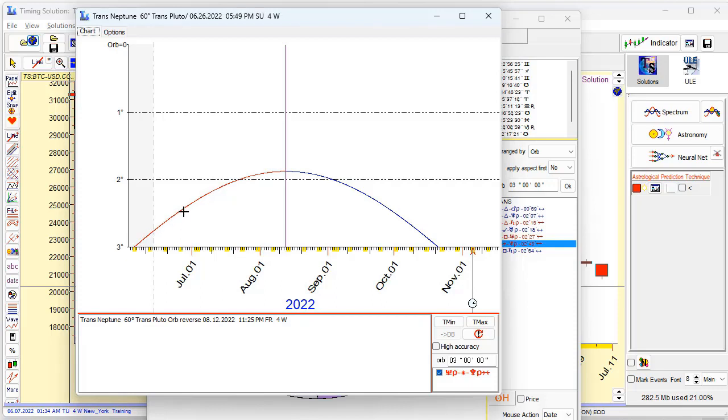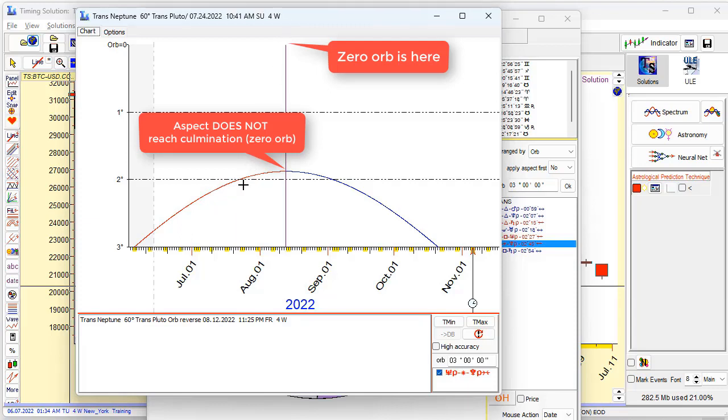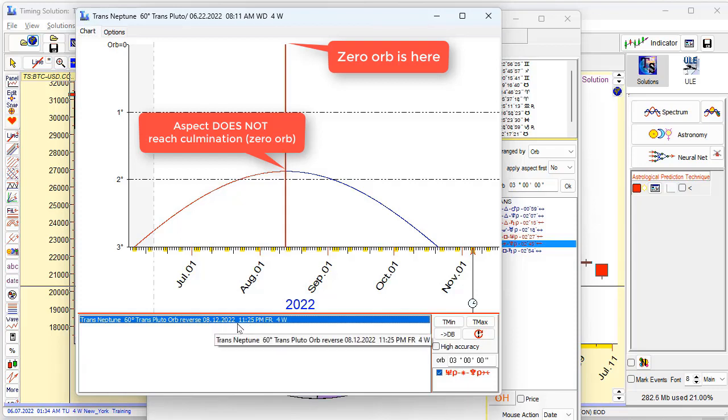This is applying. It means that the orb for this aspect is decreasing, getting smaller. It's going to culmination, to zero orb. Culmination, this is zero orb. But in August, you see this data, August 12, 2022, 11:25